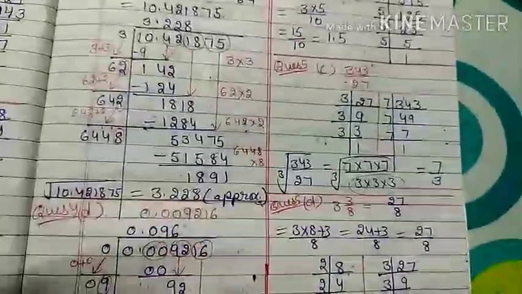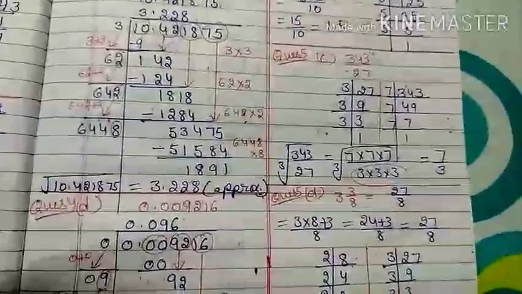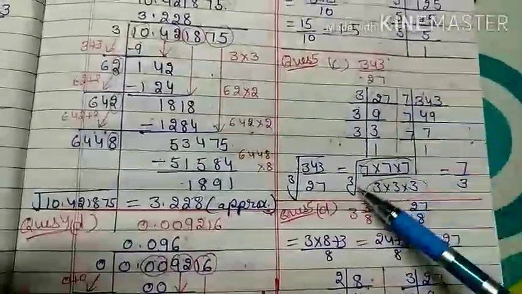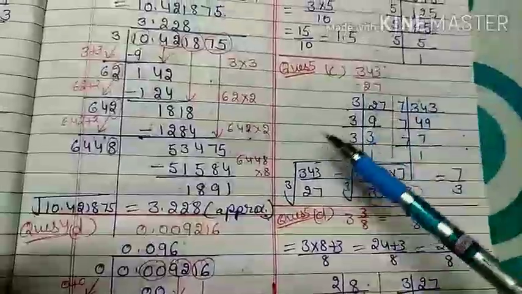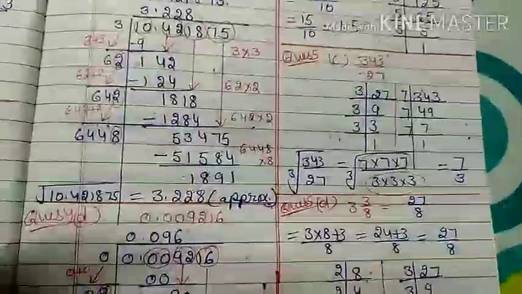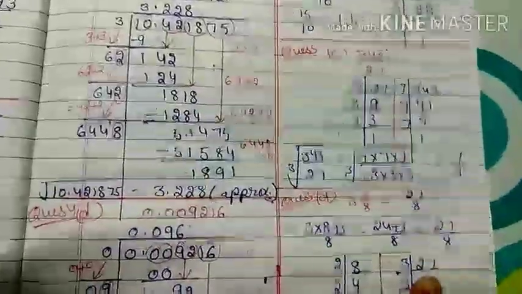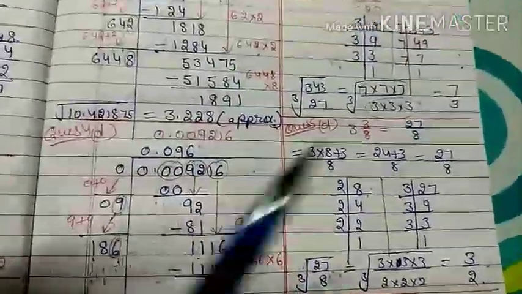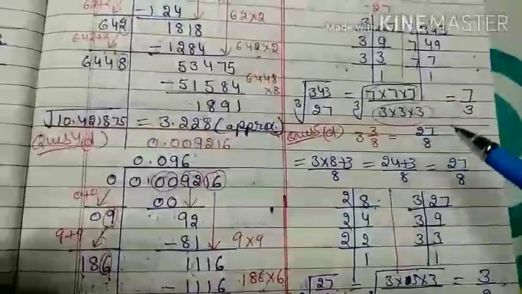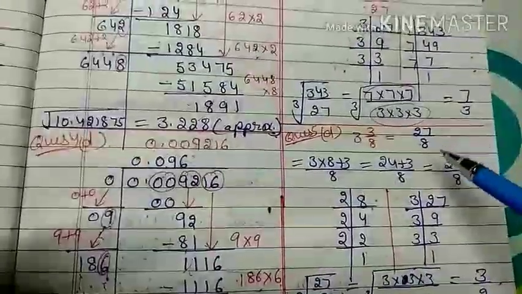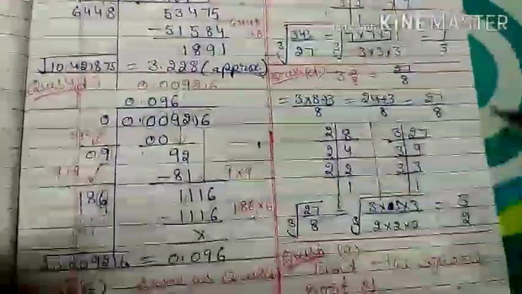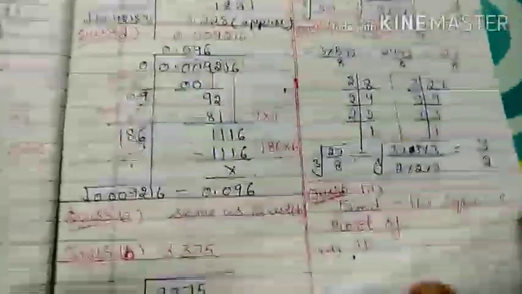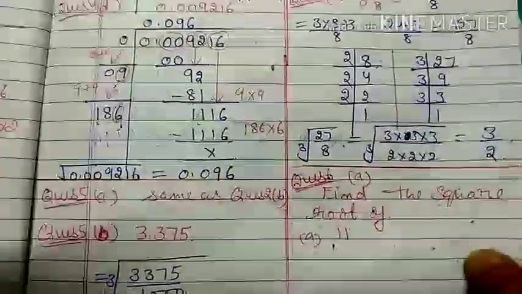Similarly, fifth C part, if you have to find the cube root, first go with the prime factorization. 343 factorization is 7 three times, and 27 is a triplet of 3, and you choose only one from the triplets to remove the cube root. Next is 3 into 3 by 8, that gives 27 by 8, and 27 is the triplet of 3 and 8 is the triplet of 2, and my answer is 3 by 2.